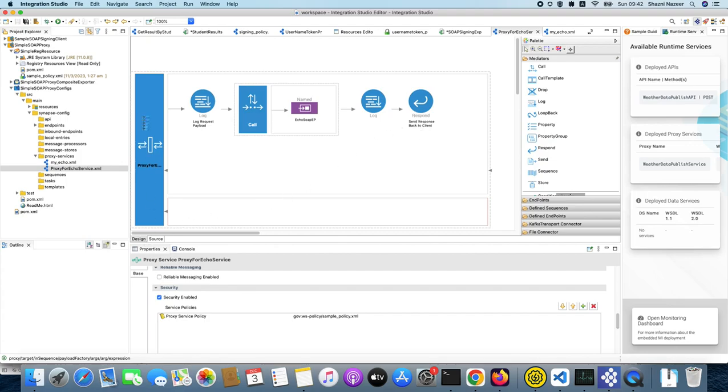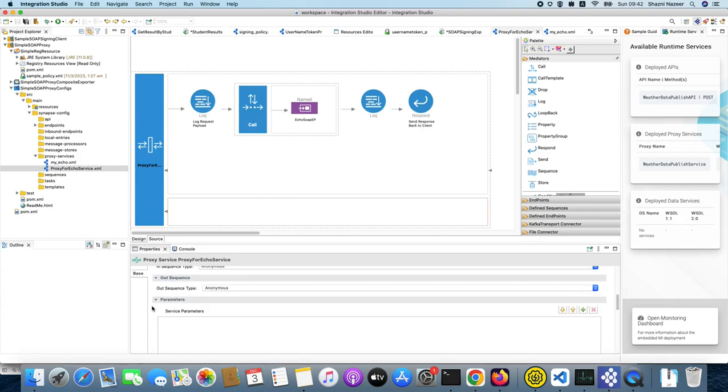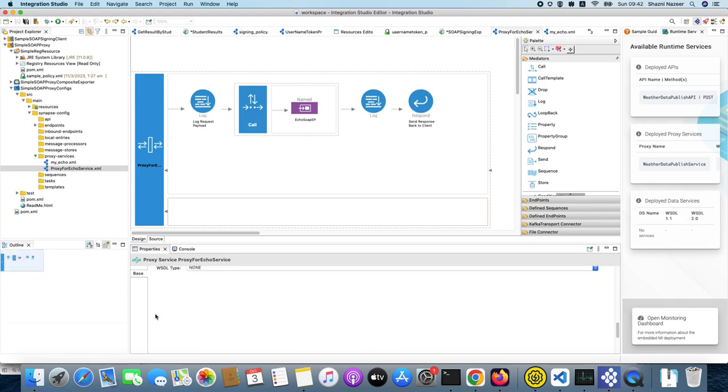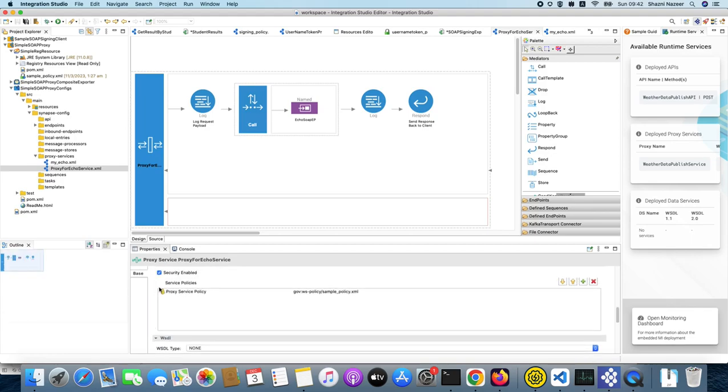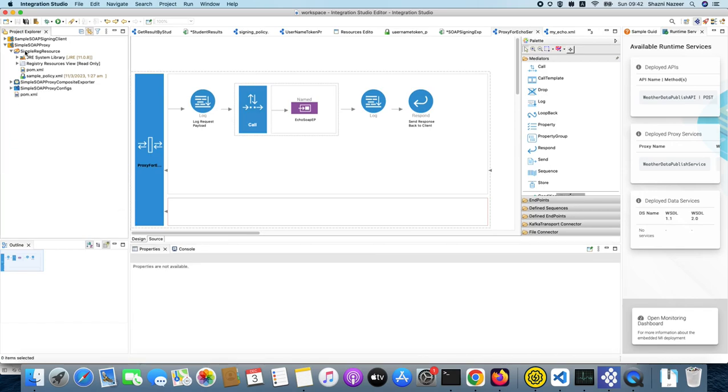But again, in this section, I have security enabled. For example, I have this security section enabled, and then I have a policy. So let's see what this policy is now. So again, to add that policy, you need to create